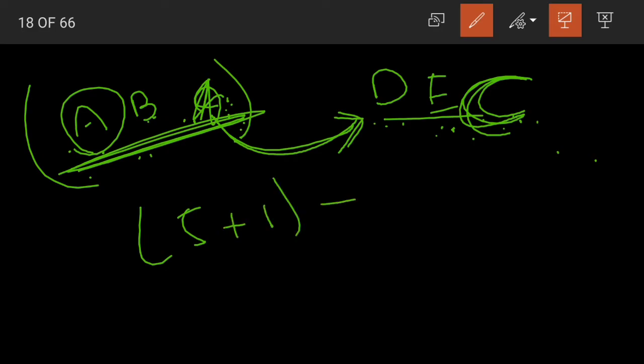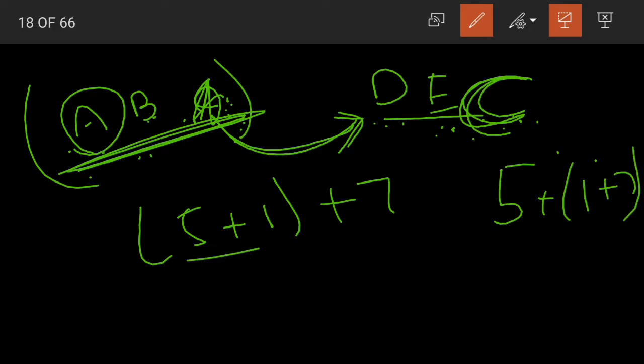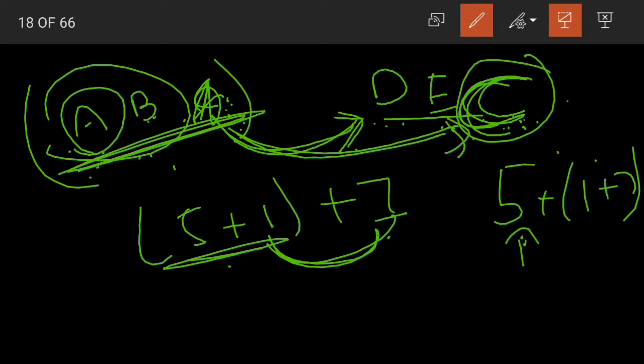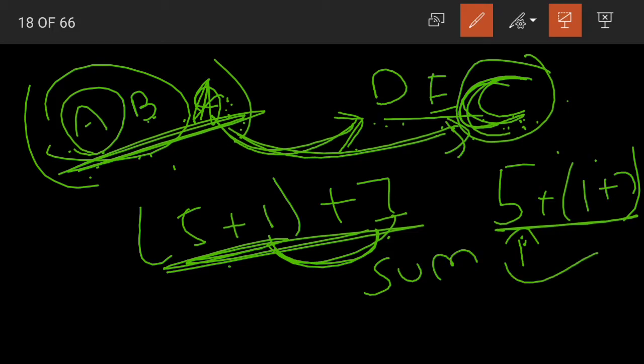5 plus 1 plus 7. See here, 5 and 1 are one group, 7 was left, but in the second example, 5 is left and 1 and 7 formed a group. Even though the ma'am made your friend sit with another group, your friendship will not change, right? A, B are friends with C. In the same way, even though the groups are changed, the sum will be the same. Sum will not differ. We will get the same sum for both the additions.